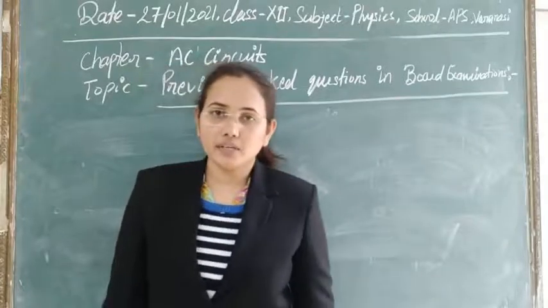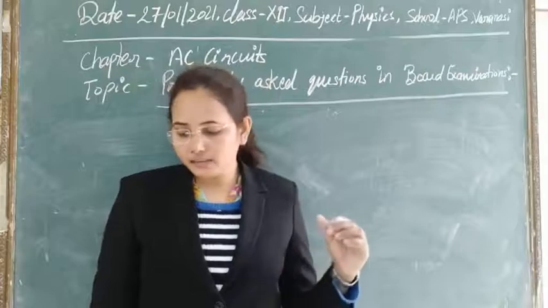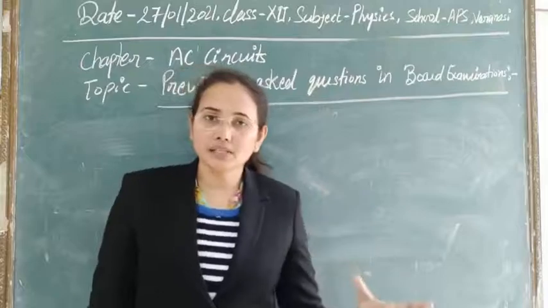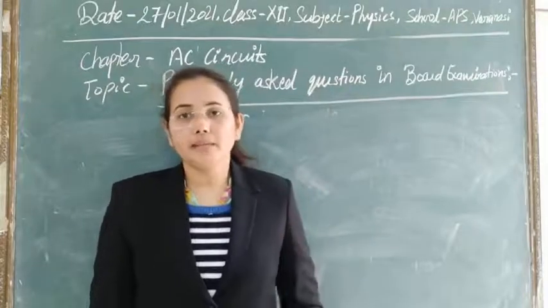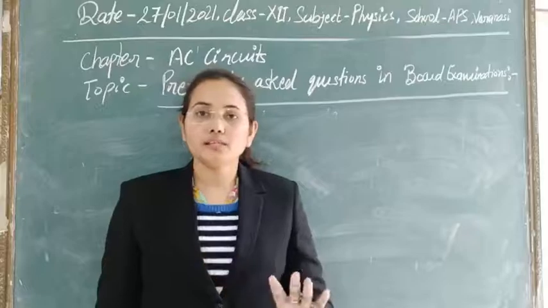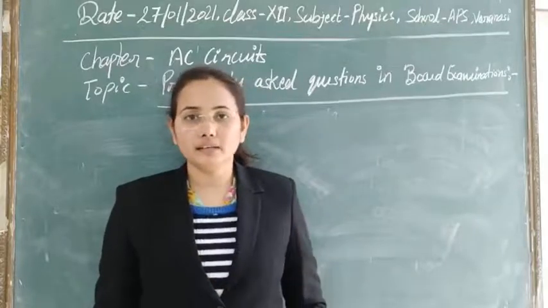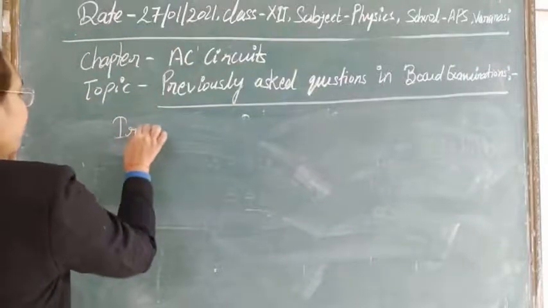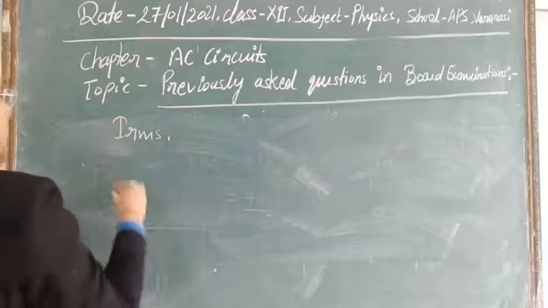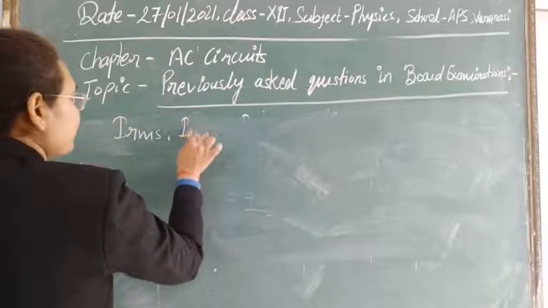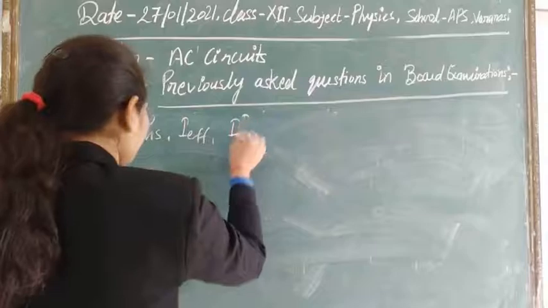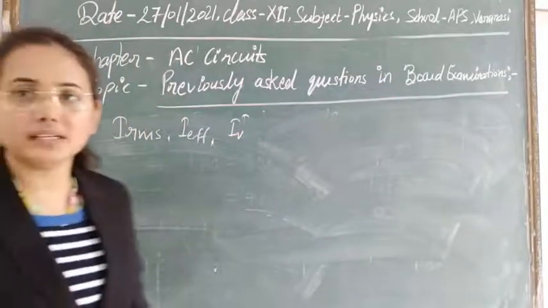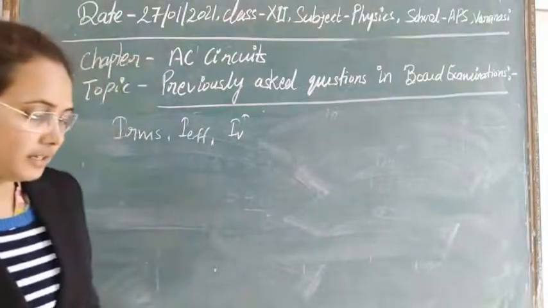So again I just want to tell you, the RMS value of an AC circuit is that value which can generate the same heat in the same resistor in the same time as some steady current. Clear? So here we can represent the RMS value of current or voltage by I RMS, I effective, I base. So if you see such words, then they are representing the RMS value of current. So let's calculate it.